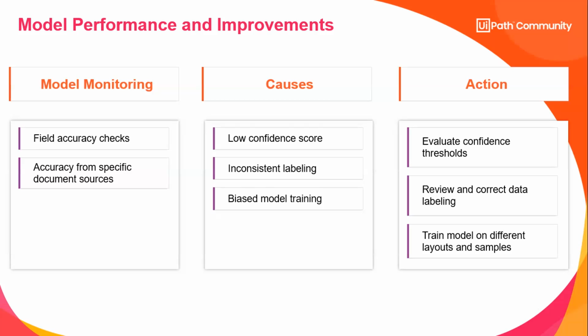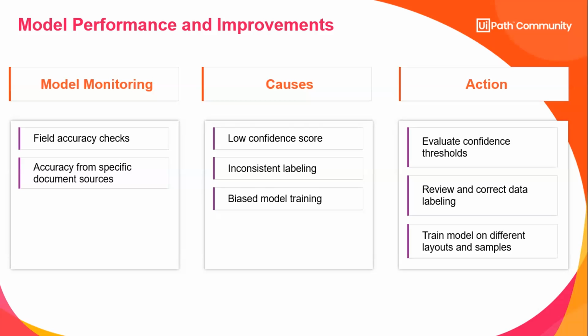And we identify those things and see what is wrong, whether it's a low confidence score or inconsistent labeling. Even when you do the training, this can be a problem because while you're doing the labeling, sometimes the person doing it might not label something. Those things will contribute to your model not performing, and even to biased model training. And based on what you identify, we have different actions that you can perform to improve your model